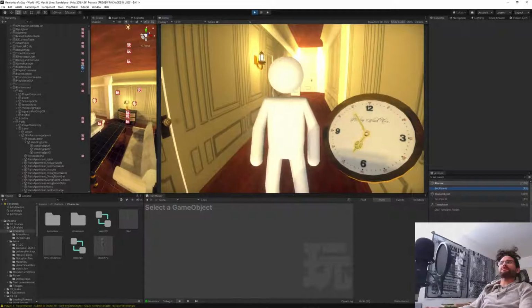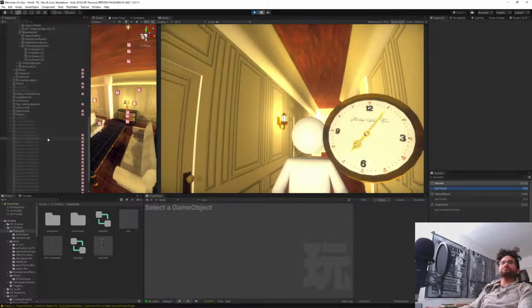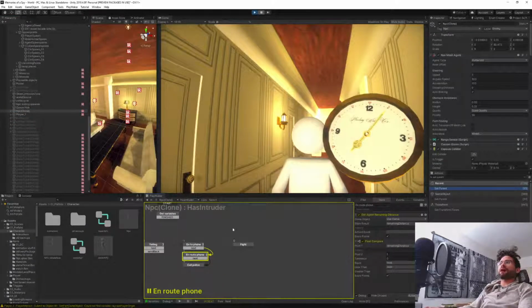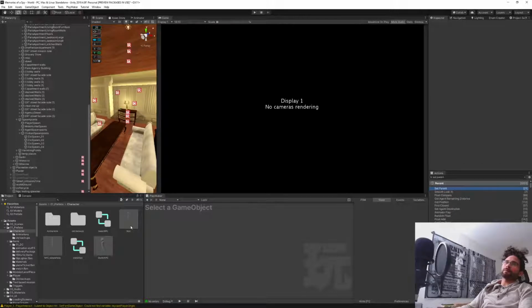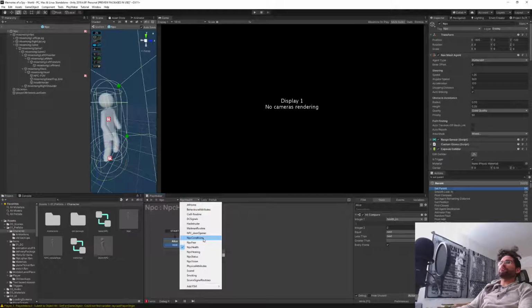Pretty sure 15 seconds has passed. Let's see. NPC has intruder. You know what I need to do? Oh, I hate having to do this step. I wish this was an automatic thing. I wish Unity had something that we could use, like Playmaker, to do this process for us. Let's see. It's where you...